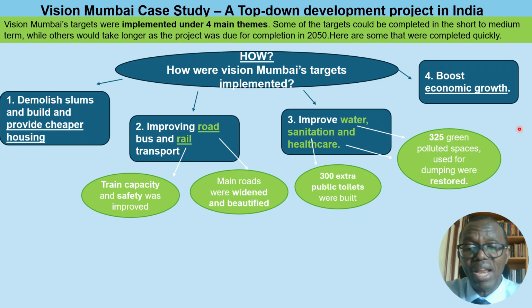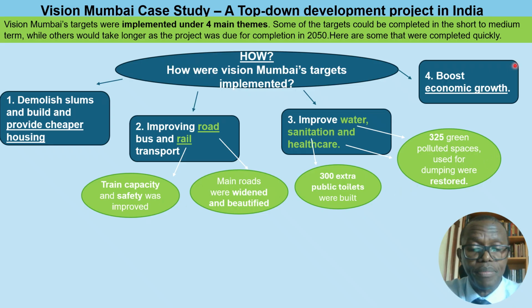Then we have the last one here, which is 325 polluted spaces that were used as dumping sites that were now restored. So they were no longer used for dumping. Instead, they were restored in terms of having greenery. So all the rubbish was removed from there, and now they were just green. So these were 4 very quick things that were done to improve the quality of life of people